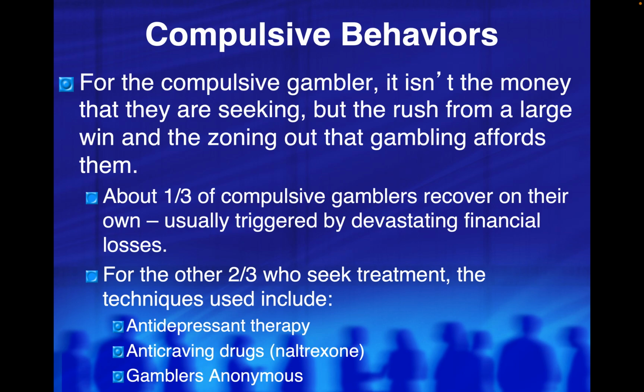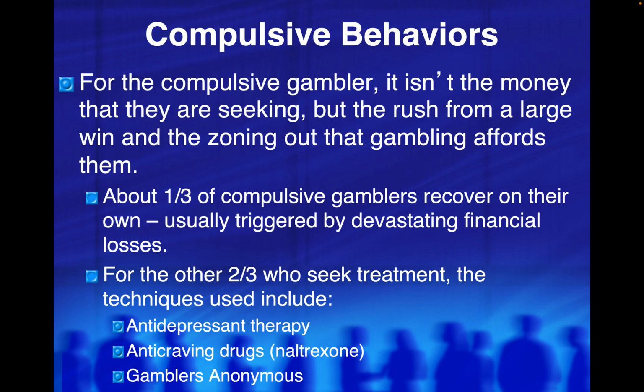For the compulsive gambler, it isn't the money that they are seeking, but the rush from the large win and the zoning out that gambling affords them. About 1/3 of compulsive gamblers recover on their own, usually triggered by devastating financial losses. For the other 2/3 who seek treatment, the techniques used include antidepressant therapy, anti-craving drugs such as naltrexone, and of